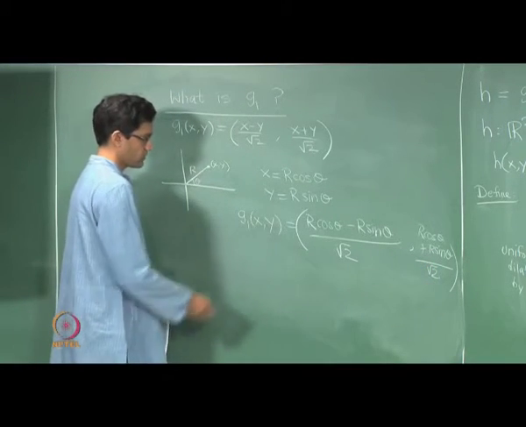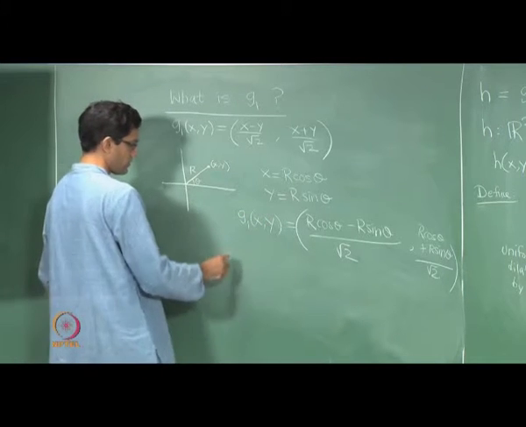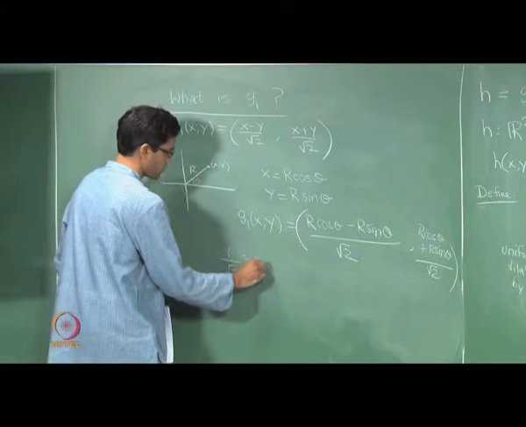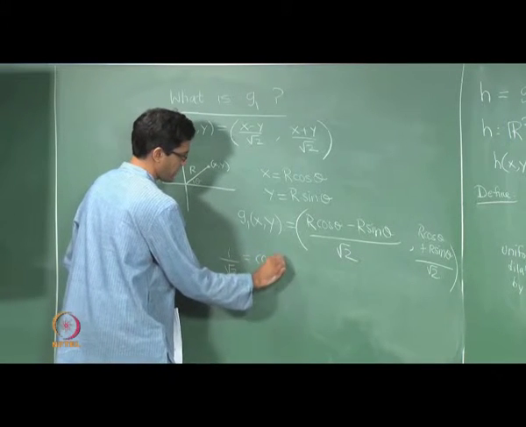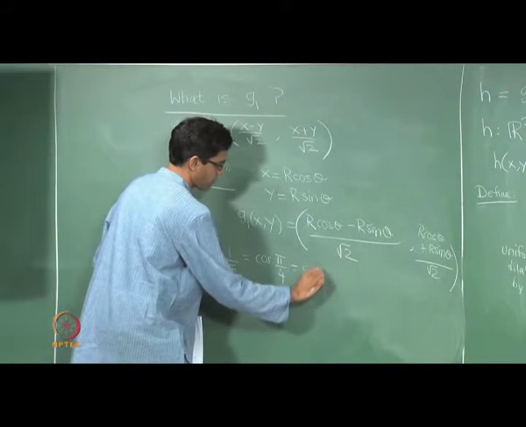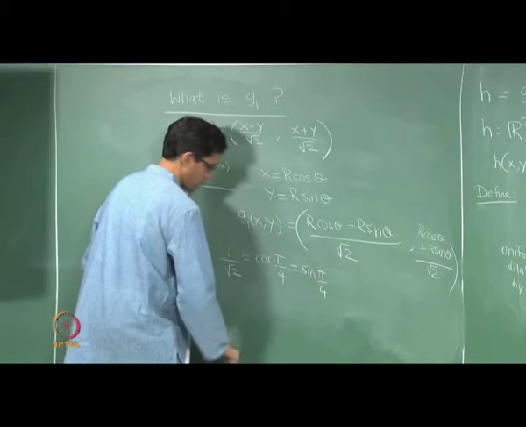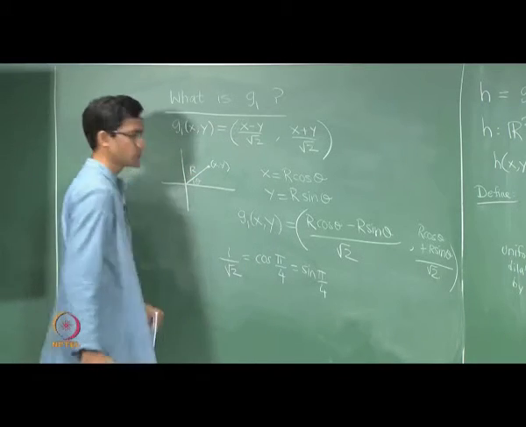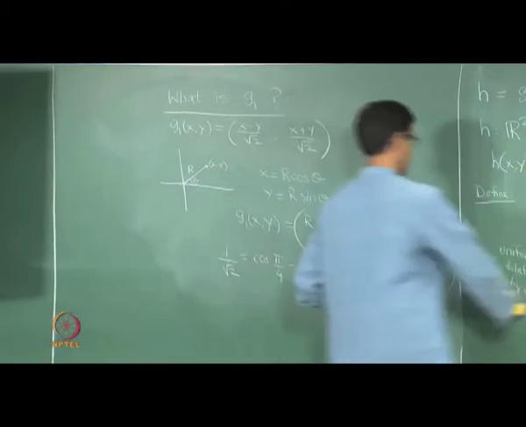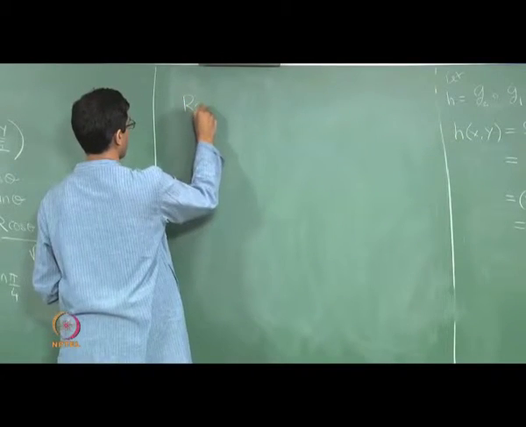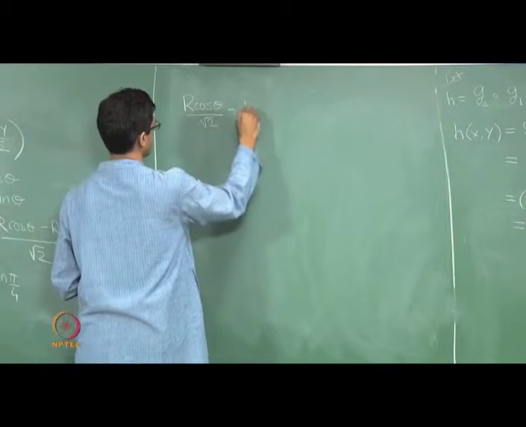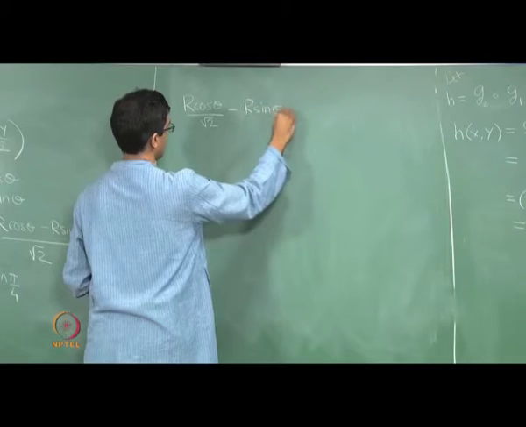Now, let us do the following. Let us analyze each of these. Remember, 1 by square root 2 that appears in this formula can actually be thought of as the following. It is cosine of 45 degrees, it is cosine of pi by 4, or in fact the same as sine of pi by 4. Okay, so, cosine and sine of 45 degrees are both just 1 by square root 2. So, what we can now do is to rewrite the x coordinate. So, what did we have? We had r cos theta by root 2 minus r sin theta by root 2